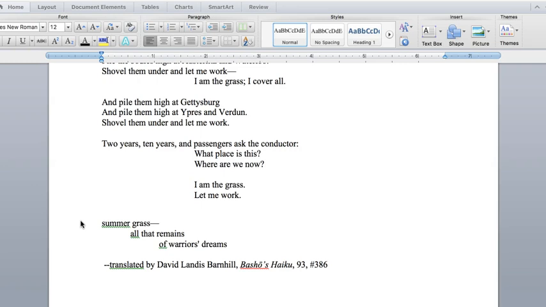But I also thought it was a good poem to reference here because Basho is actually alluding to lines from a poem by Du Fu, a Chinese poet from the Tang Dynasty. And so this is both an example of allusion and a similar subject matter to Sandburg's poem.